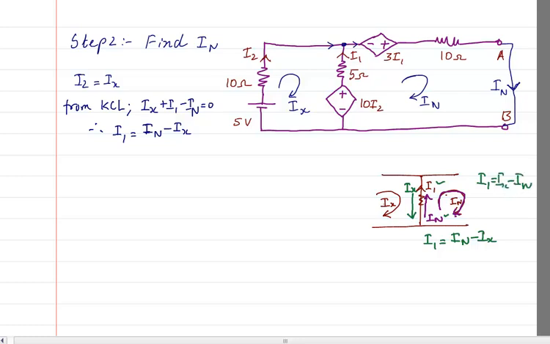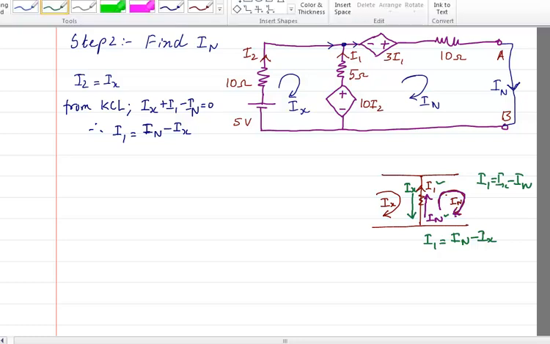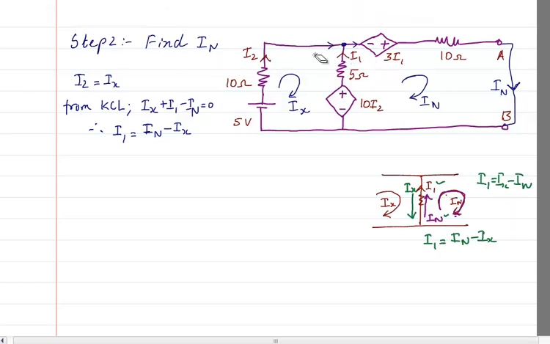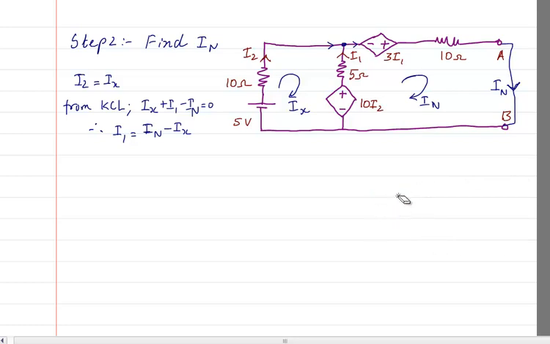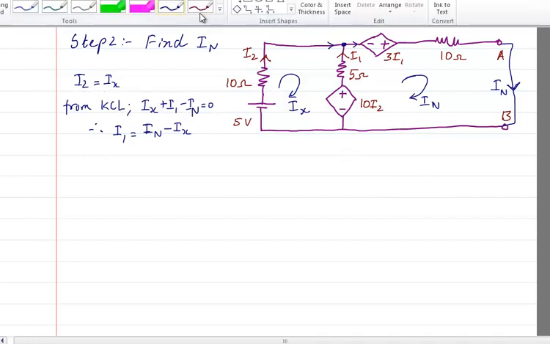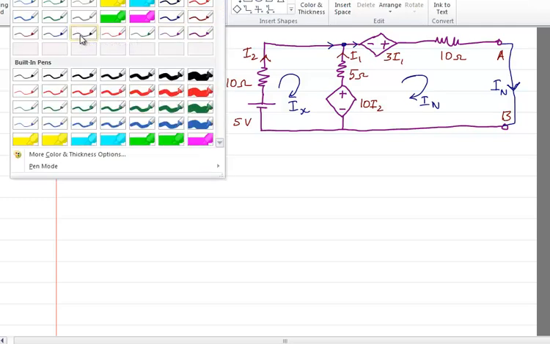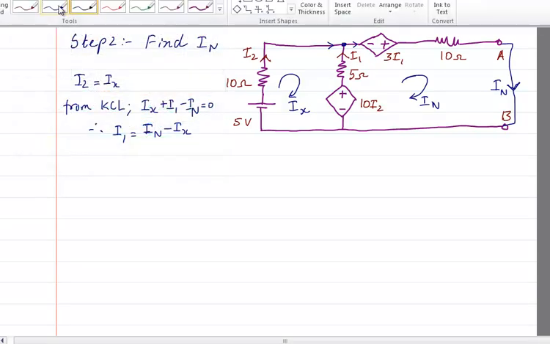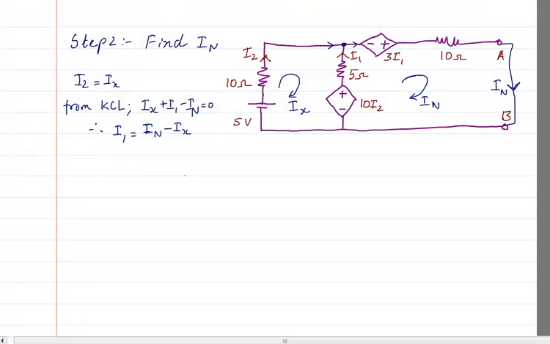So either you use this principle or you use the nodal one. It does not matter, your answer will be the same. I find this method easier and quicker, whereas the nodal method requires you to write some more things. The method I just drew here is the one generally followed by others as well. Okay. So I2 is there, I1 is also found out. Now I want to find out IN. So KVL at mesh 1.